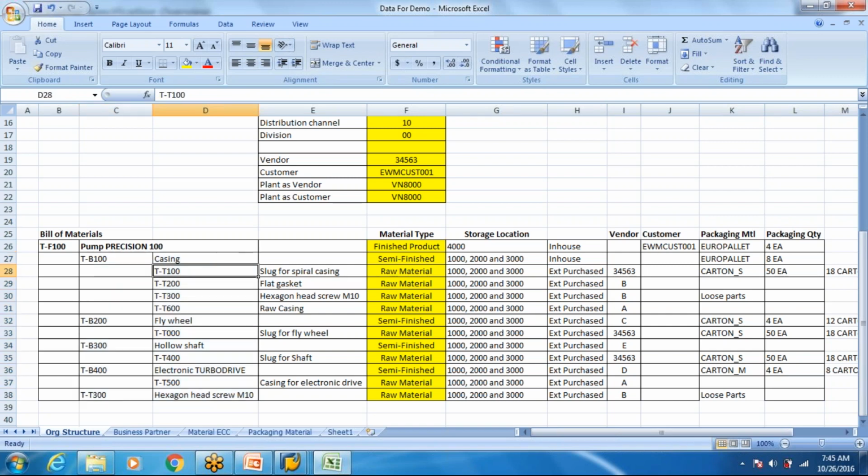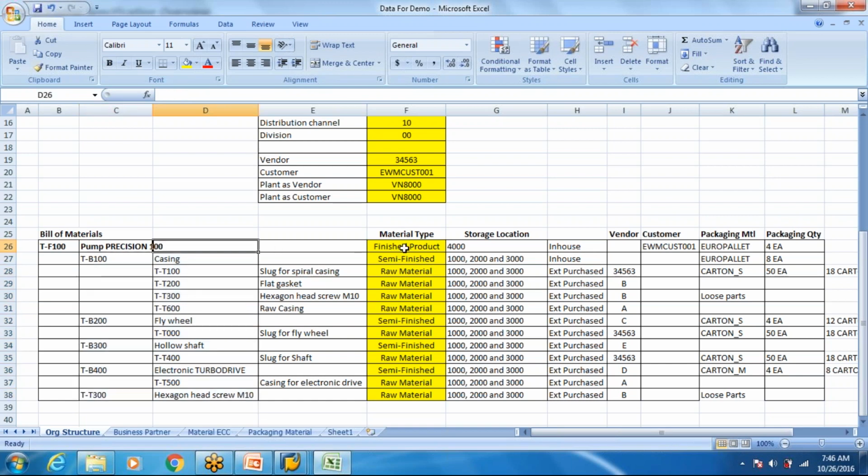Let's say this is the product, the pump, and these are the parts of the pump. Some of these parts are externally purchased, that means they are from vendors. A casing is made by assembling these parts, and a pump is made in house by assembling all these parts.